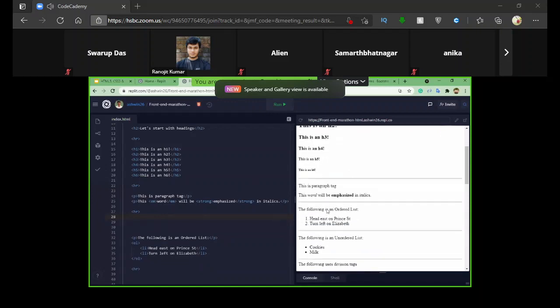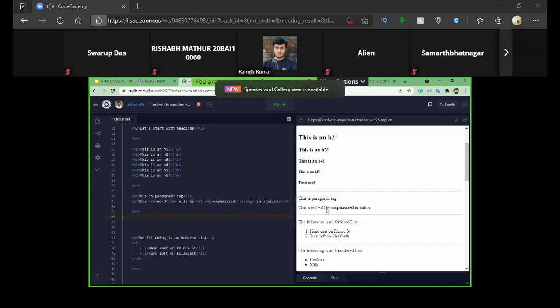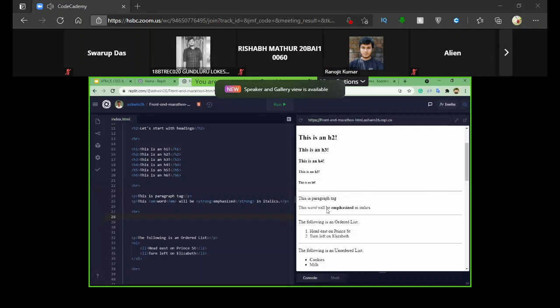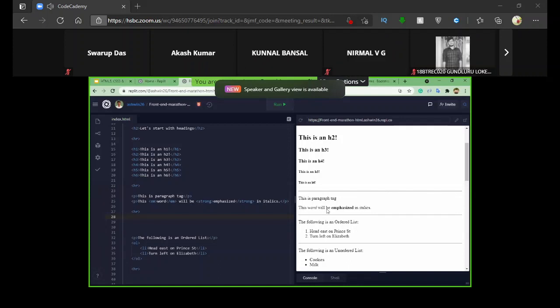Okay. So when it comes to content, let's say we want to give bullets to the content, right? Whenever we create presentations, we have bullet points, right? So to have that inside our HTML code, we use something called ordered and unordered lists. Okay. So an ordered list is nothing but a list where the bullet points are numbered.